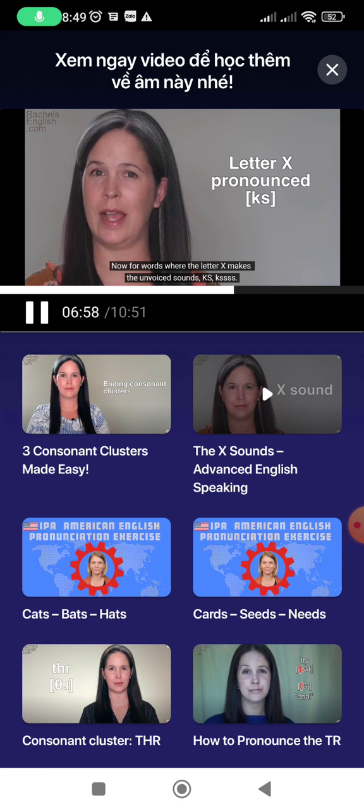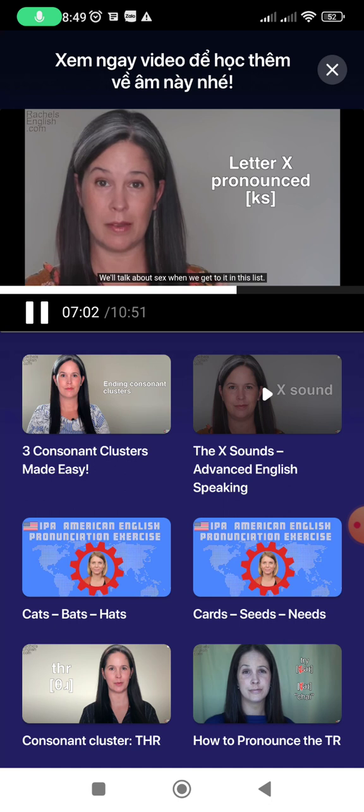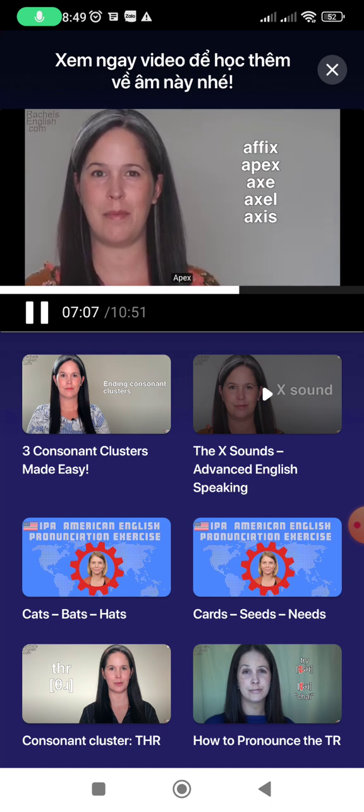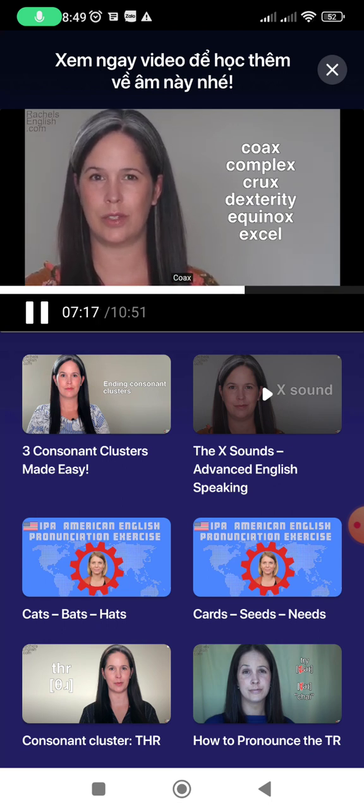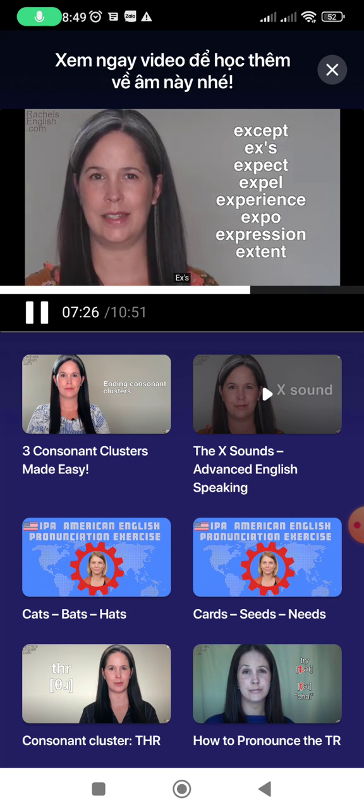Now for words where the letter X makes the unvoiced sounds KS, x. We'll talk about sex when we get to it in this list. Affix, apex, axe, axle, axis, box, boxes, boxer, boxy, coax, complex, crux, dexterity, equinox, excel, accept, X's, expect, expel, experience,